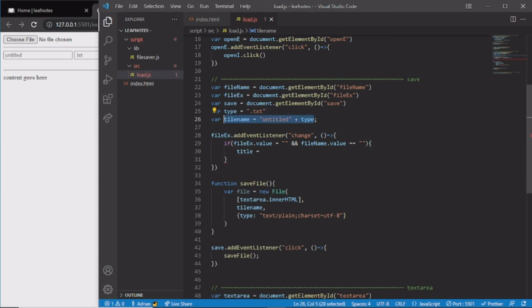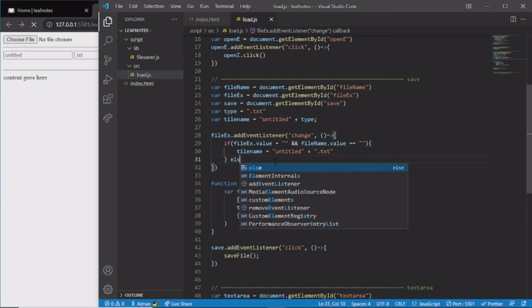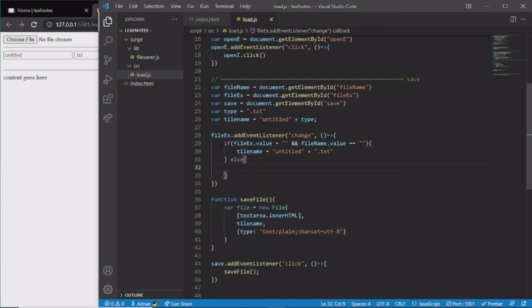So it's not going to change. And you could just simplify this and just write .txt. And then it's also going to check else if. So if that is not true and one of them is changed, if they're not both empty and